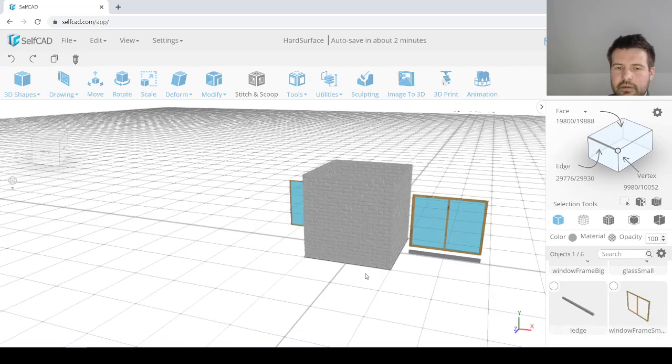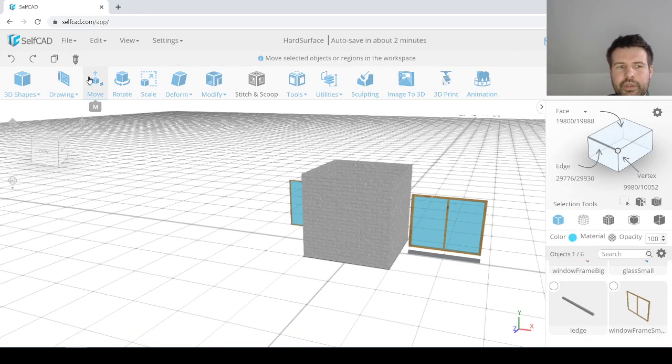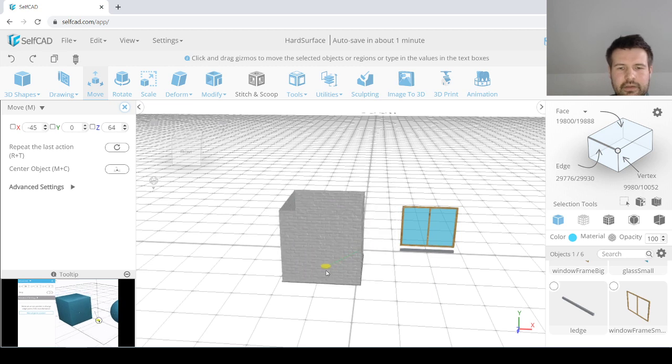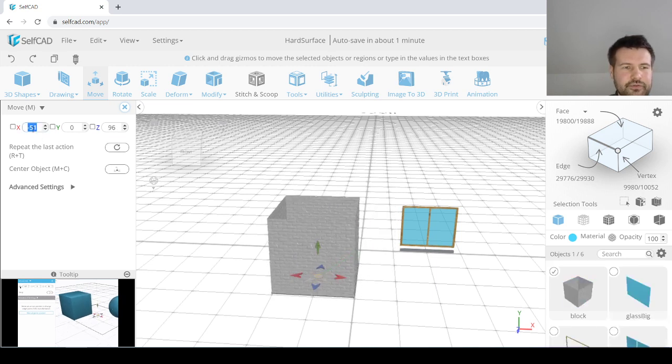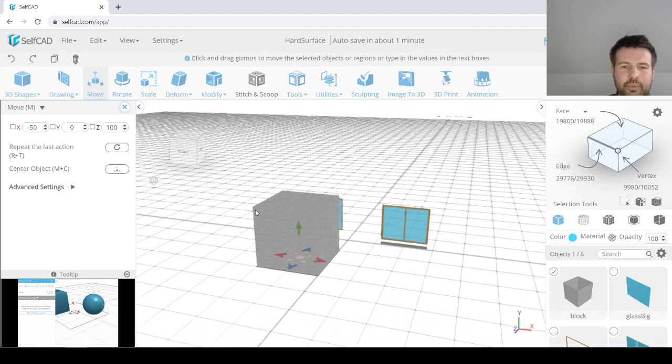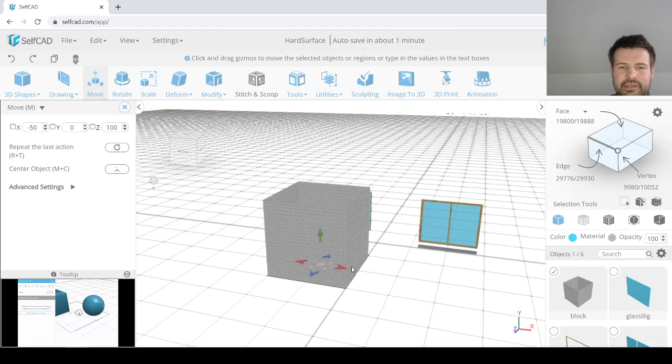And yeah, so we need a couple of things still. But first I will explain what we are going to do in the end. Let me position this on -50 and 100. So this is our building block, and the way we are going to populate the entire scene is by simply